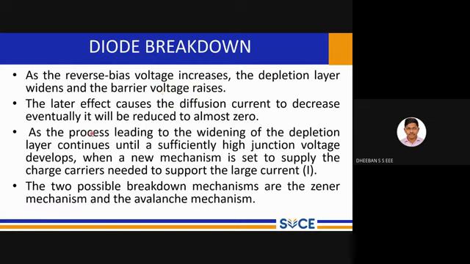There exist two currents, diffusion current and drift current, which you might have studied in your physics. The expressions will be coming with respect to the diffusion current and drift current, so I will be getting more towards that point. So what is diode breakdown alone? This process leads to the widening of the depletion layer,